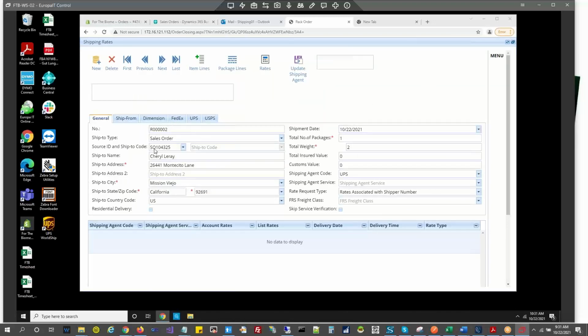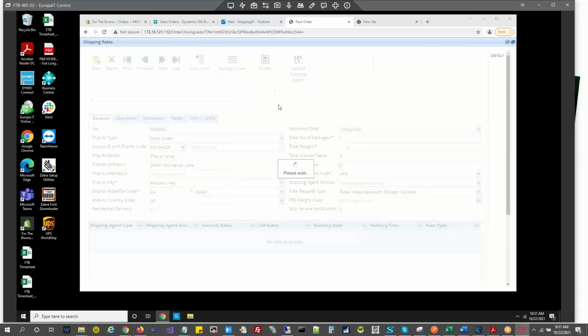In the rate shop, all the sales order values are populated. Like, as you have the state with the full name, I'm changing it to the 2-letter code now. And if the data is ready, we can use the option Rates.